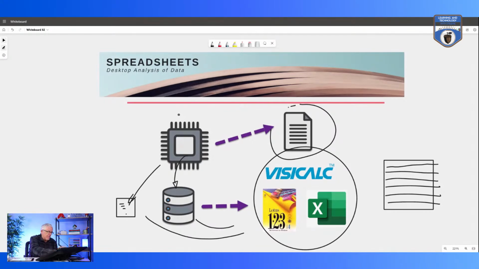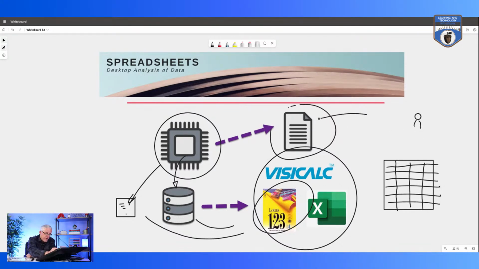One is we don't have to worry about getting access to the source once we have the file, or once we've pulled the data into, and I'll just use the term Excel spreadsheet for now, although back in my days, Lotus 1-2-3 was all the rage. VisiCalc is out there, but I never really used it that much. But Lotus 1-2-3 and Excel were ones that I've used extensively. And with Lotus 1-2-3, I do remember we would create the spreadsheets, and sometimes a human would read the elements off of this report and actually rekey the information into Lotus 1-2-3